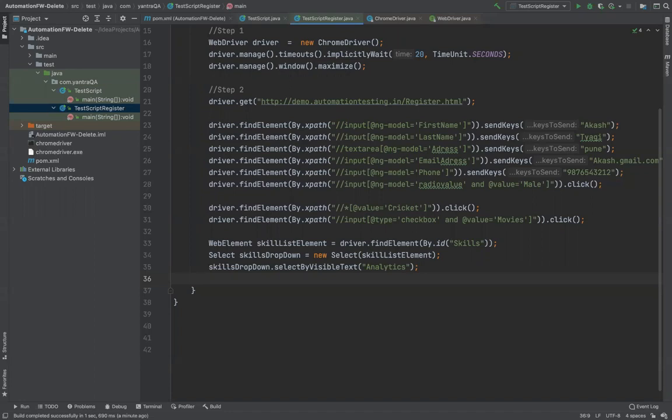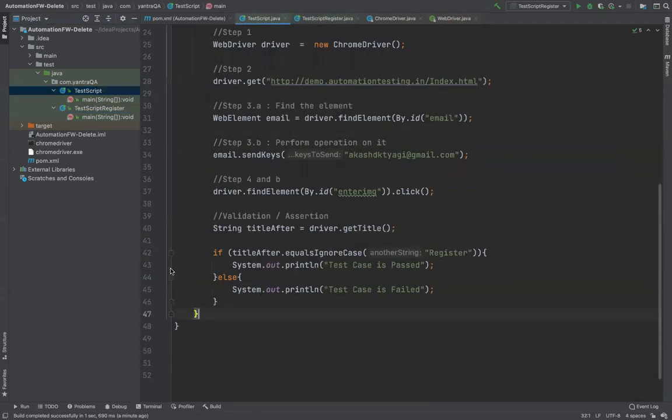We will start with the JUnit framework first, where you should be able to put some validations also. If you remember, we were putting validations like this, but this is not the right way to put validation. No if conditions, no System.out.println. This is not the right way. We need to find a way to put assertions using some framework, and that's what we are going to do in the next sessions.